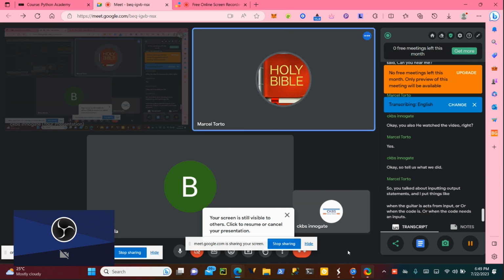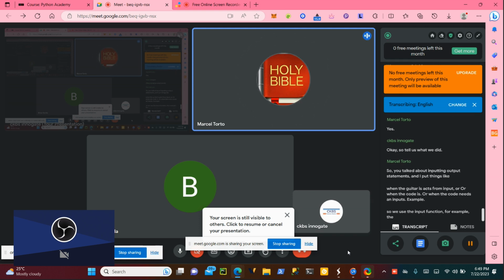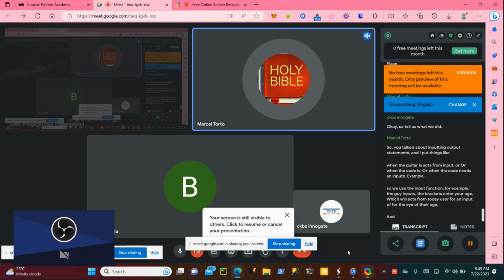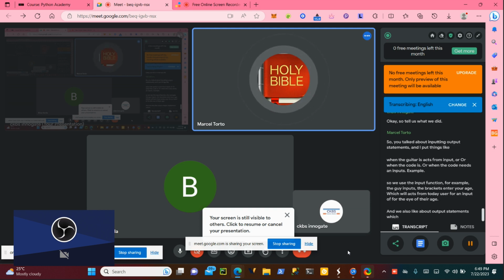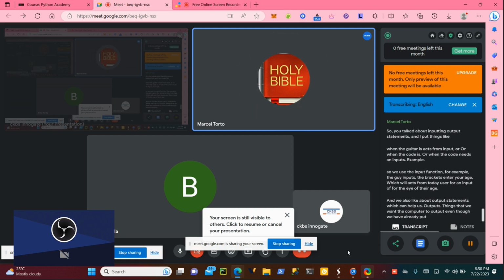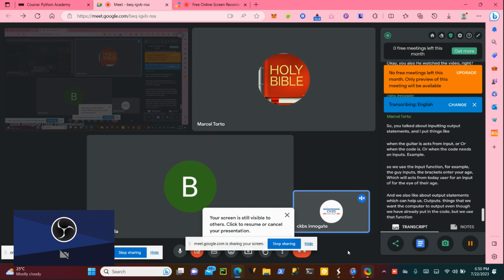For example, we use the input function, with input in brackets, enter your age, which will prompt the user for an input of their age. We also learned about output statements, which help us output the things that we want the computer to output. So we use the print function to output.